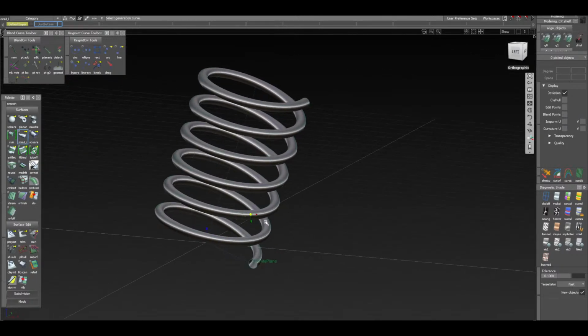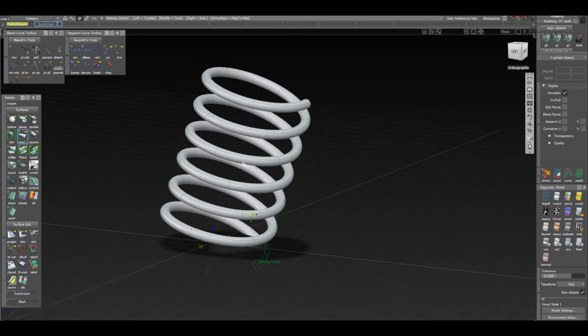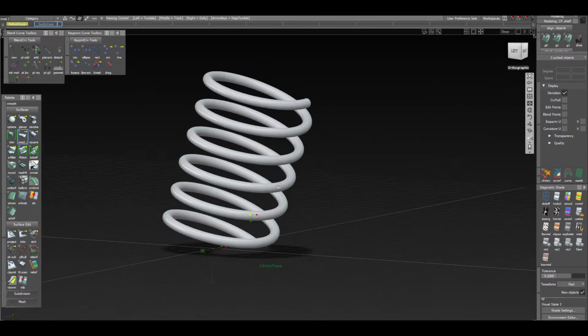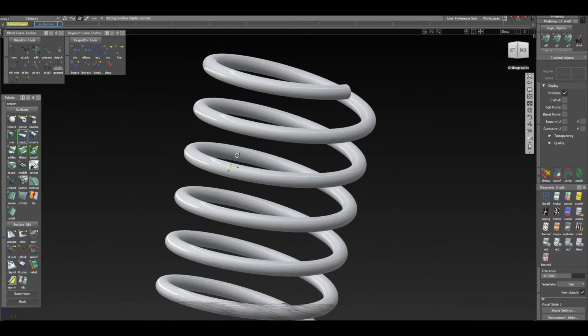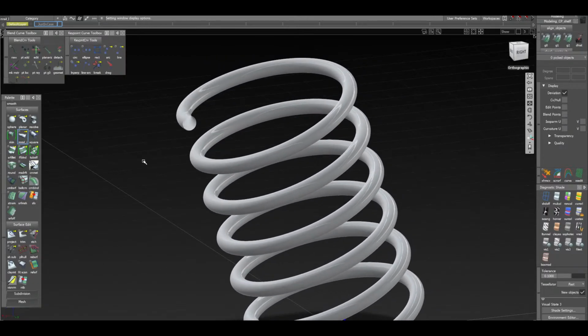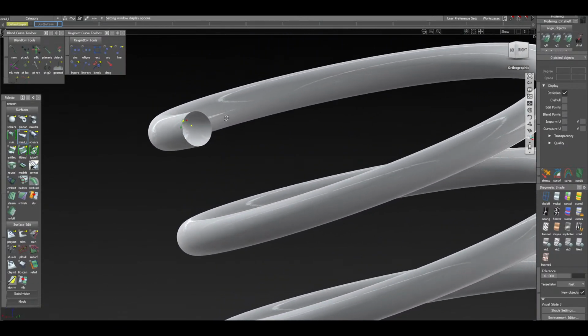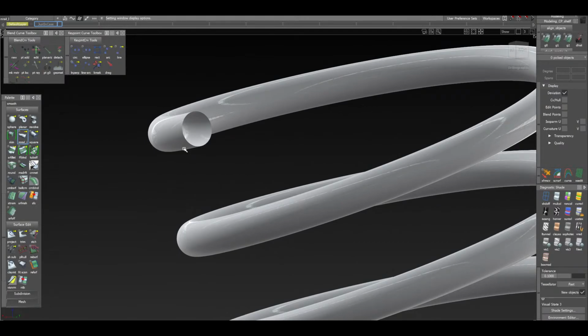And then, just to be fancy, I'm going to turn on visualization 3, toggle the model, and we have a very nice looking spring. Oh, and I forgot to mention, obviously you don't want to have hollow springs, right? So what we're going to do, just to cap off these springs,